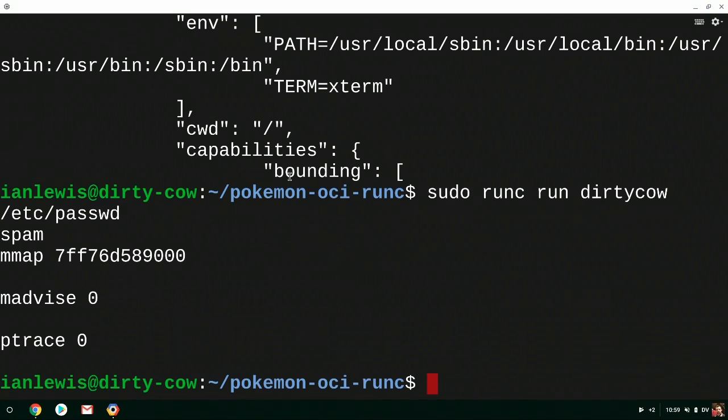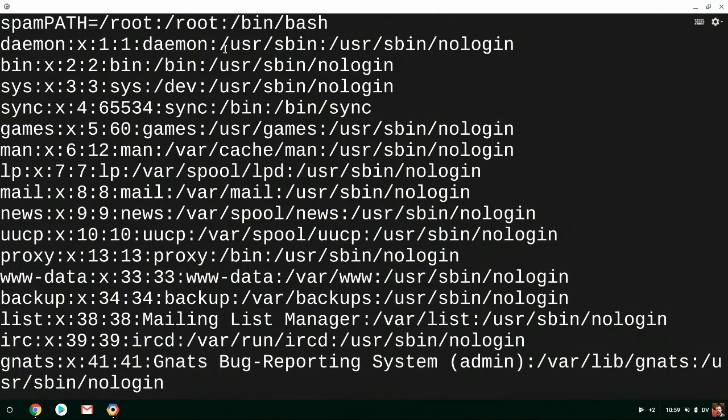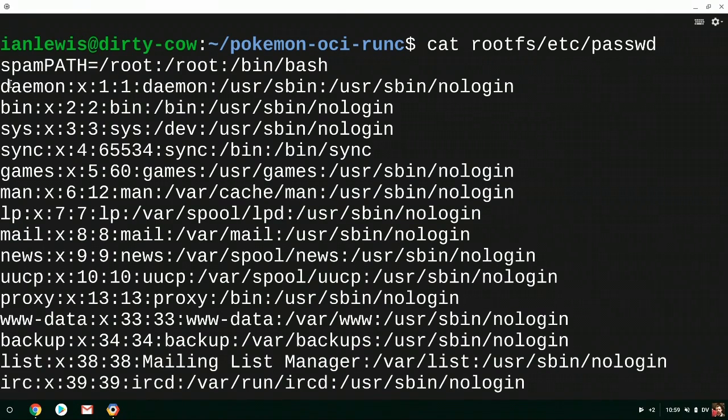Okay, so here the application's finished. It's run through our tight loop and has been able to take advantage of Dirty Cow. So what we'll do here is look at the root file system, and we'll look at the password file and scroll up. We're actually able to see that we've written to the beginning of this file. You can imagine that we could overwrite lines in this file, add a new root password, and just get privilege escalation that way. It's very easy to get privilege escalation when you can write to any file on the file system. So this is something that's really, really bad for us.